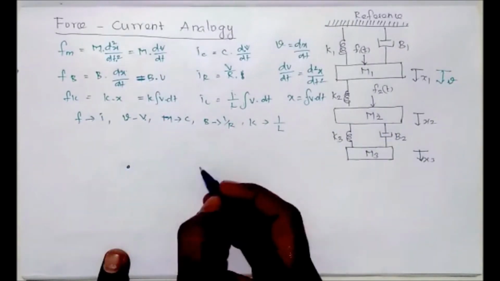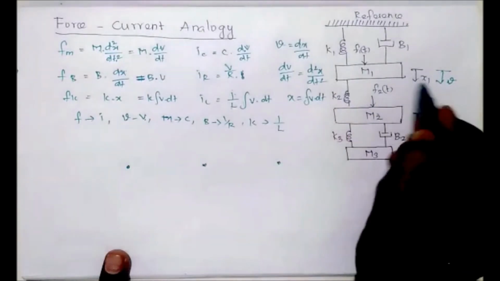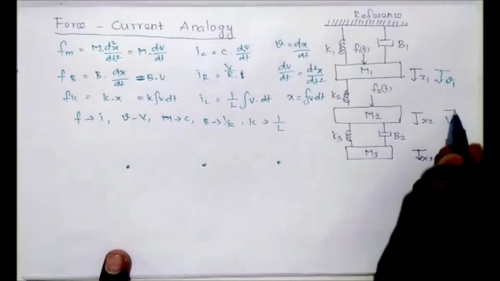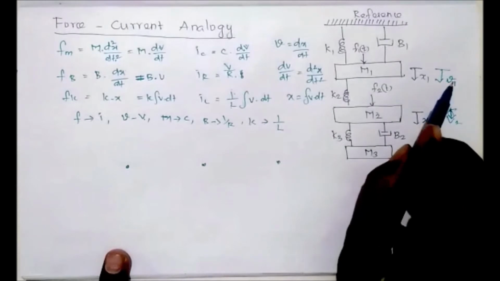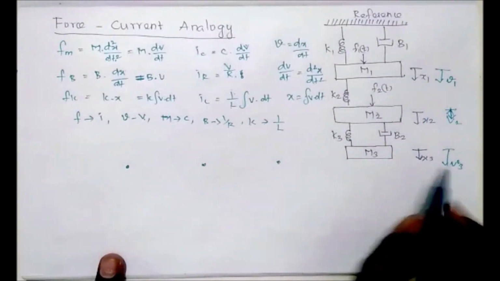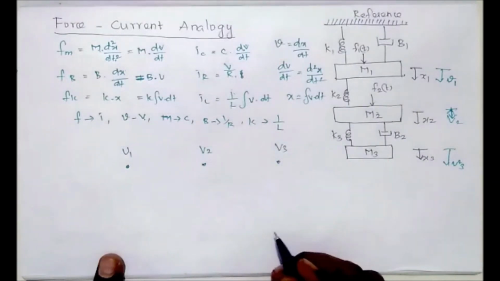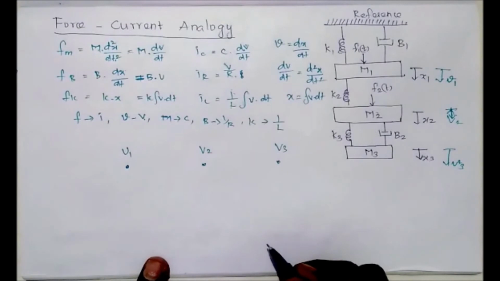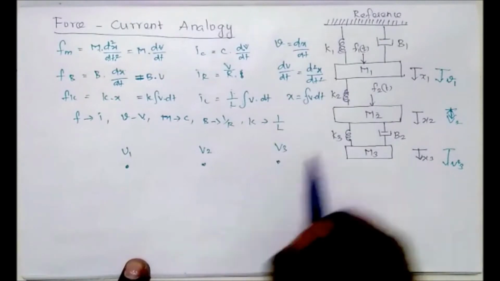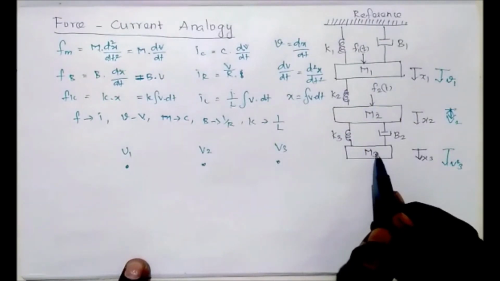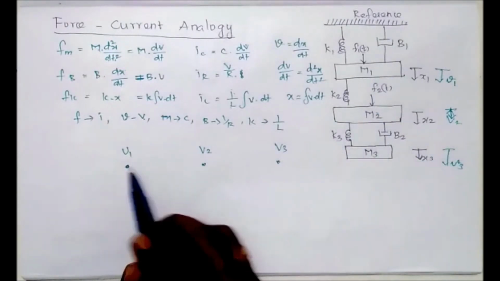So now here there are three mass elements. Therefore finally we will be having three nodes. Its corresponding velocity for this one is v1, for this one v2, for this one v3. We know in mechanical velocity means electrical voltage. Therefore this is v1, this is v2, this is v3. So now we have to apply the nodal analysis. There are three nodes in the final circuit diagram because there are three mass elements. If two mass elements, we would use two nodes only. Here three mass elements, therefore we use three nodes.